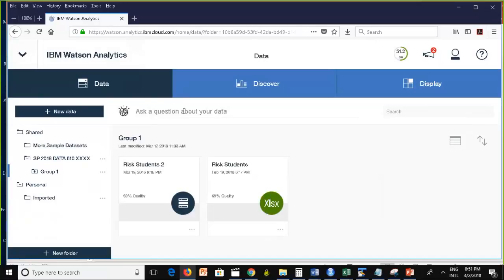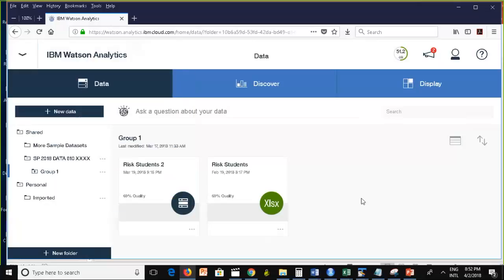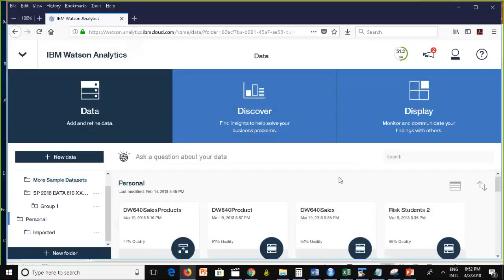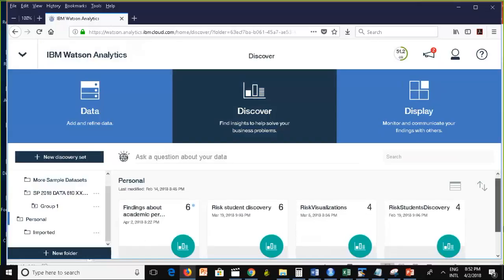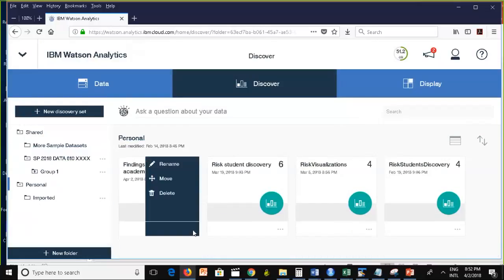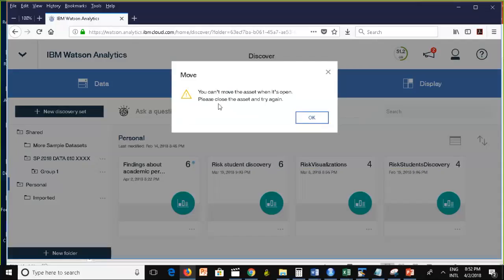How do I know if the file is open? When I click on this error, here it shows me the files that are open. And suppose that I wanted to move this one, findings, I would have received an error. And the reason is I still have it open, right? So here it is. This is my personal. I go to Discover, and this one, right? Is it this one? Take a look at what's going to happen. I'm going to select Move, and I got an error message. And I got this error because my file is